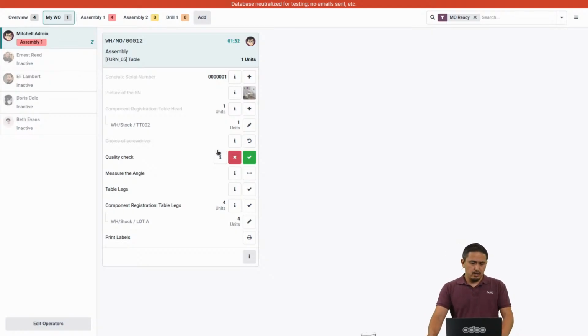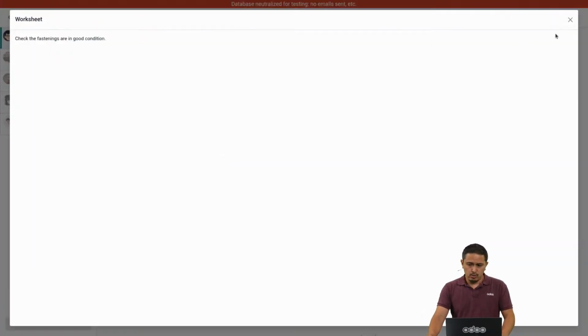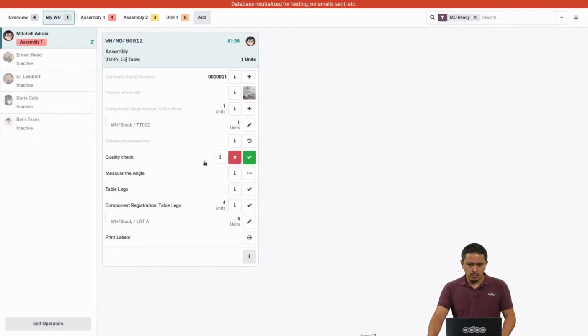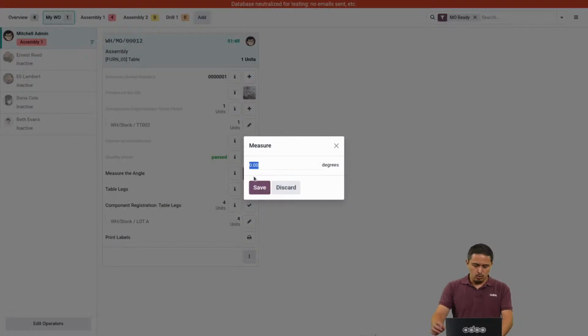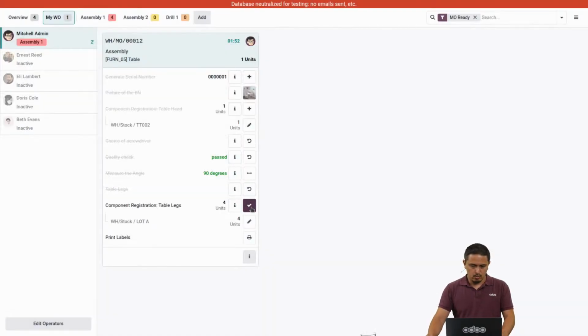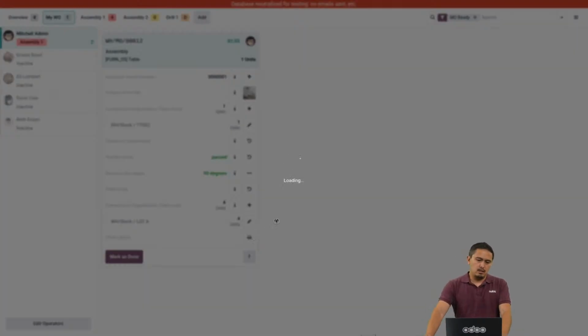Then we have quality checks. I read what I'm supposed to do. I have the two buttons here. We still have that same logic. If I click on the middle here, we assume that it passed, but of course, we have the option to fail if needed. Then the rest is quite the same, so Odoo is telling me now to measure the angle, then to validate that I consumed other components, print the labels, and as I just explained, I removed the option